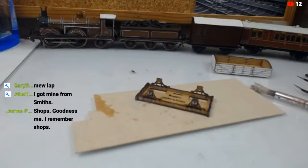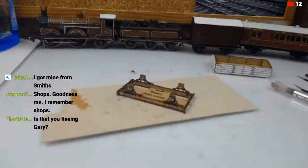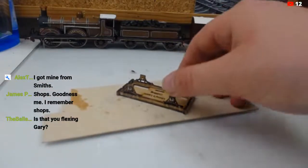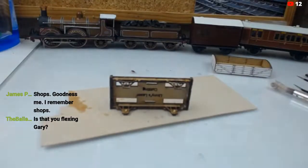Shops, goodness me, I remember shops. Yeah, they're good, James. I occasionally travel to my local one. Not as often as I used to, but occasionally. Is that you flexing, Gary? No, just pointing out that I had